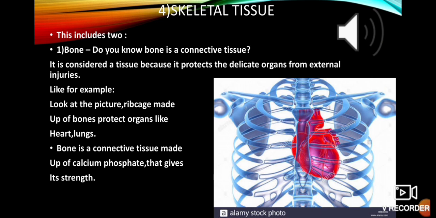How can it protect? Bone is a type of connective tissue which consists of cells, and these cells are very closely joined to each other, and there is a filling in between, a filling of a chemical. This chemical is known as calcium phosphate. That's why it is said to drink milk for the strength of the bone, because milk consists of calcium, and when enough calcium is there in the body, your bones get strength.